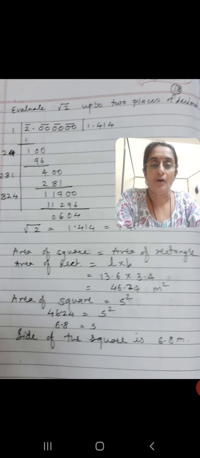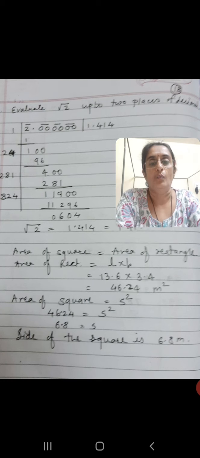Here you have to take one thing into consideration, children. This is not a perfect square number, so you won't get a perfect answer. You won't get 0 as the remainder. You will get many decimal places as you go on doing the division. So it is told that you have to find the answer up to 2 decimal places. So I have done till 3 decimal places. So what was the answer we got? 1.414. So we'll stop here.